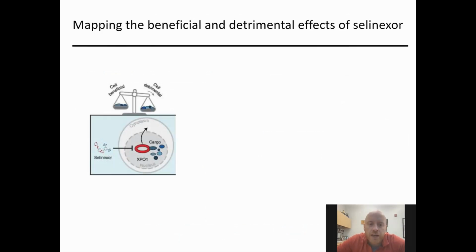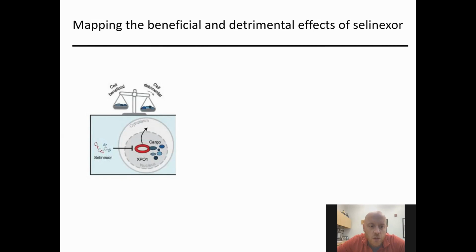So in the first area, we initiated a study that was motivated by the hypothesis that drugs, and in particular drugs that impact broad cellular processes, might exert not only detrimental effects, but also potentially beneficial effects on the fitness of cancer cells. So to try to understand what these effects might look like, we chose to work with the